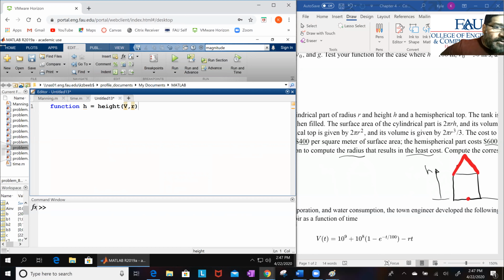We don't know r yet. We know v. He's given us v, but we don't know r. And this is where we get r, the optimum r, from the cost function. But before we do this, let's put the equation of that height. The height should be equal to,